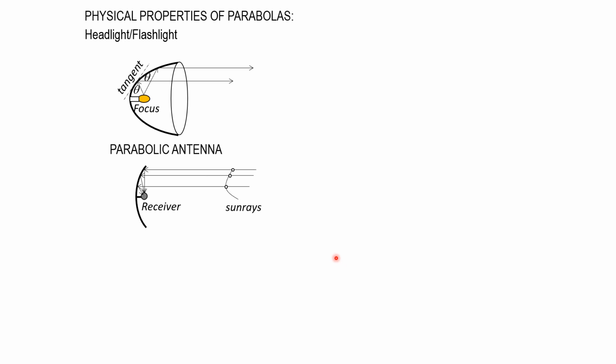It's the same. So this time the signals are being transported through light or sun rays. Then as they hit the parabolic antenna, they bounce towards the receiver. Here we have the source, the bulb, and the light rays hit the inner surface of the parabolic surface, then they bounce forwards as shown.